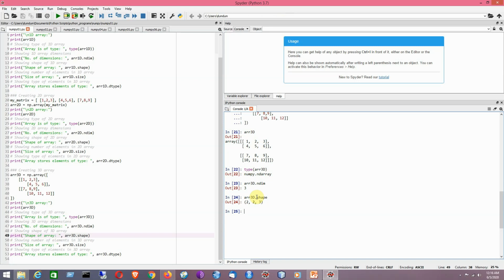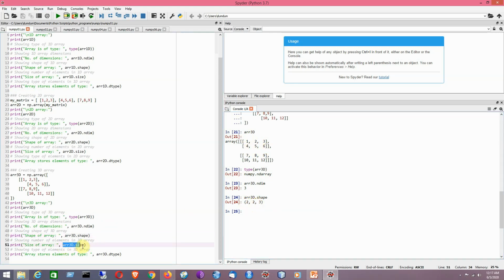Shape, that means actually you are working with a three-dimensional array. That means there will be three dimensions. So 2 by 2 by 3, that is the idea to be considered here that I have taken. Basically there will be two two-dimensional matrices, and each of the two-dimensional matrices will have 2 rows and 3 columns. That is the idea of this.